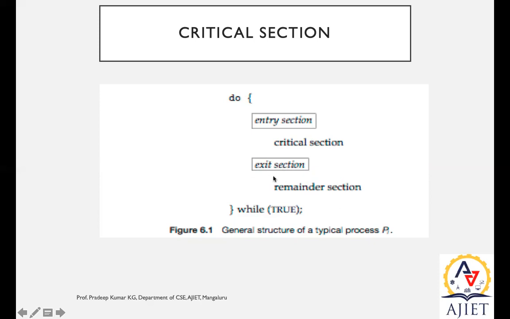This is the general structure of a typical process Pi. To perform any access, initially all the processes should register, making entries in the entry section. Then one by one, based on priority or the queue, each gets its own turn to execute in the critical section. Then it moves to the exit section, then the remainder section. The remainder section matters because sometimes a higher priority process may preempt, allowing a process to be preempted while it is running in kernel mode. In such cases, we can make use of the remainder section.